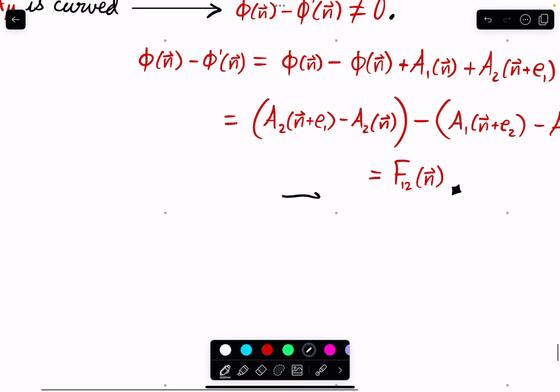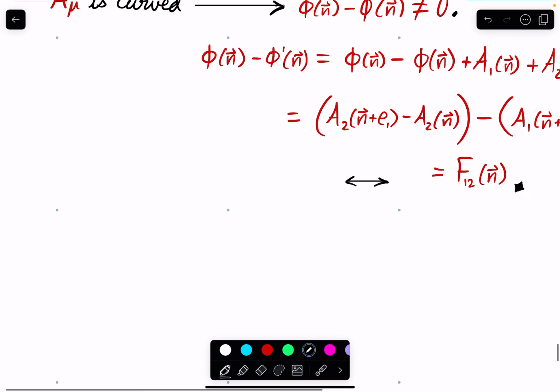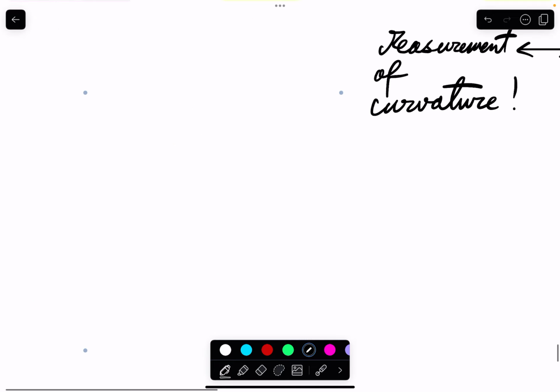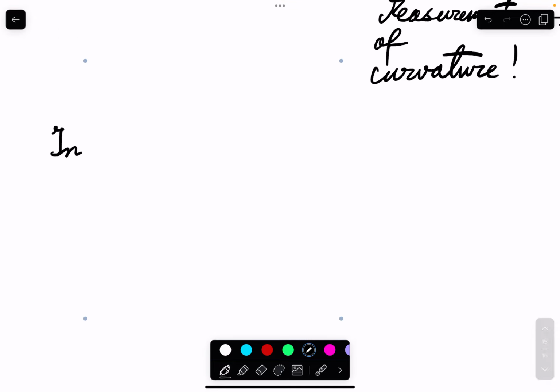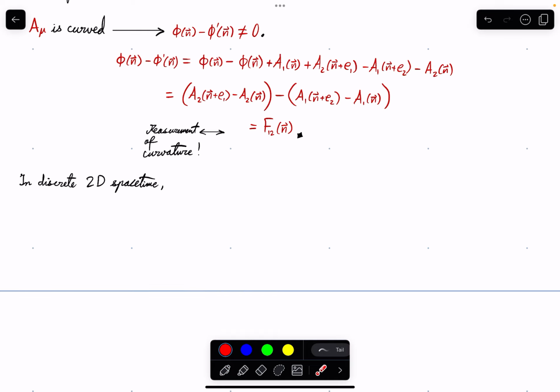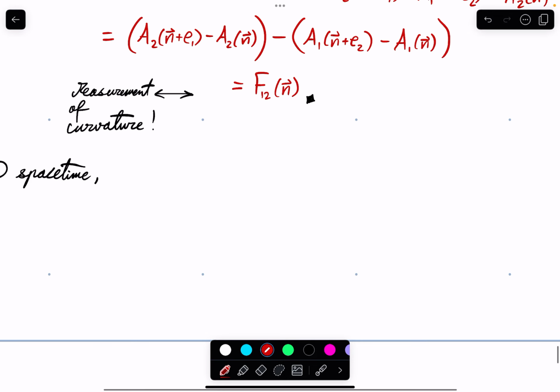And this right here, this is actually a measurement of curvature in two-dimensional, or in discrete, 2D spacetime. So that we can consider general points and general directions in two-dimensional discrete spacetime. This would look like